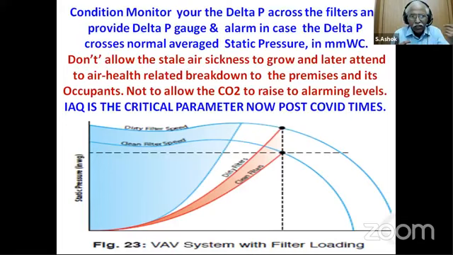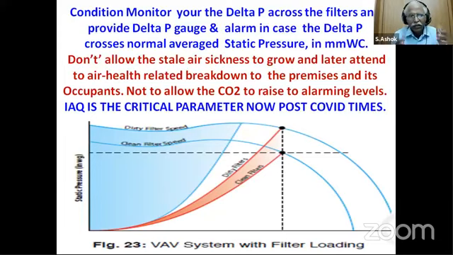Why I was suggesting that is, for all the filters we use downstream of the blowers, especially on the supply side AHUs, we find the drop is more. You can see a dirty filter takes a higher static pressure and a clean filter takes a lower static pressure. A filter is defined by the minimum allowable delta P across the filter, the rated delta P, the maximum delta P it can take, and the minimum it should have when it is installed. So these are all the 4 parameters for the given filter.